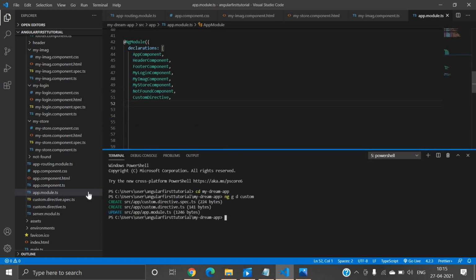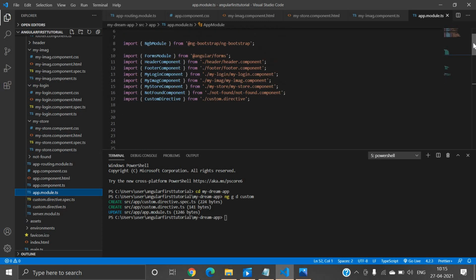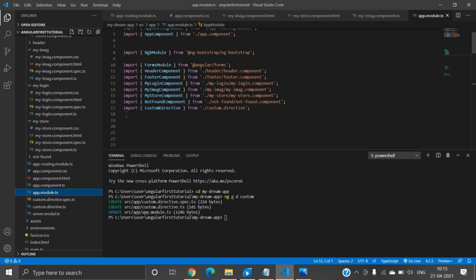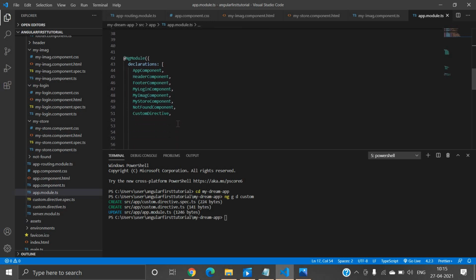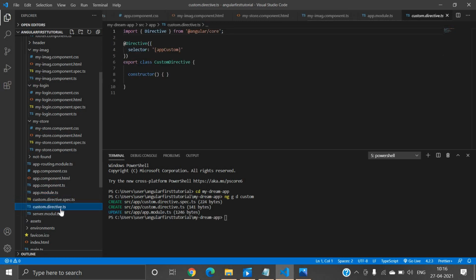So let's move on to app.module.ts. Now here you can see we have already imported the custom directive in app.module.ts. You can also create it manually. After that, let's move on to custom directive.ts.